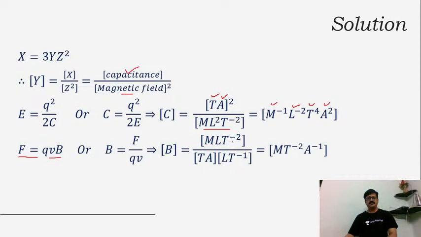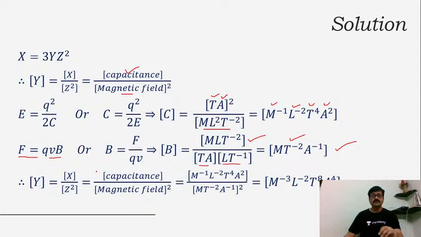M L T raised to minus 2. Then dimension of charge, already I have mentioned this, it is T into A. Then dimension of velocity is L T raised to minus 1. So accordingly I'll get this as M T raised to minus 2 A raised to minus 1. Now these are dimensions of magnetic field, right? So accordingly,